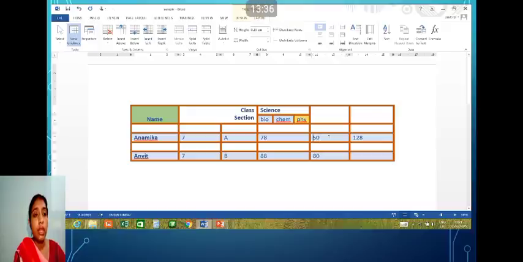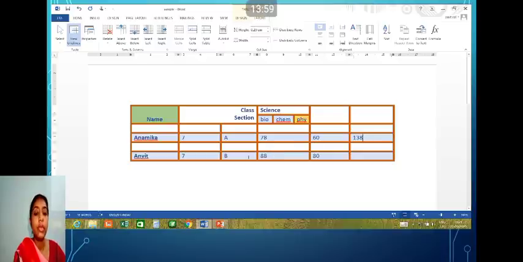Now let me change 50 to 60. I am not entering the value or any function there. What I have to do is just select the cell where the result was and press F9. The value will change automatically. Clear? You don't have to insert the formula again.